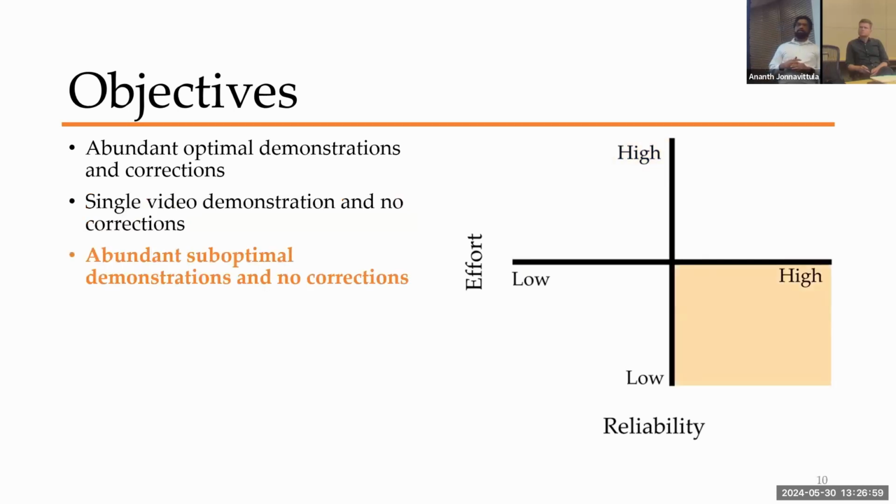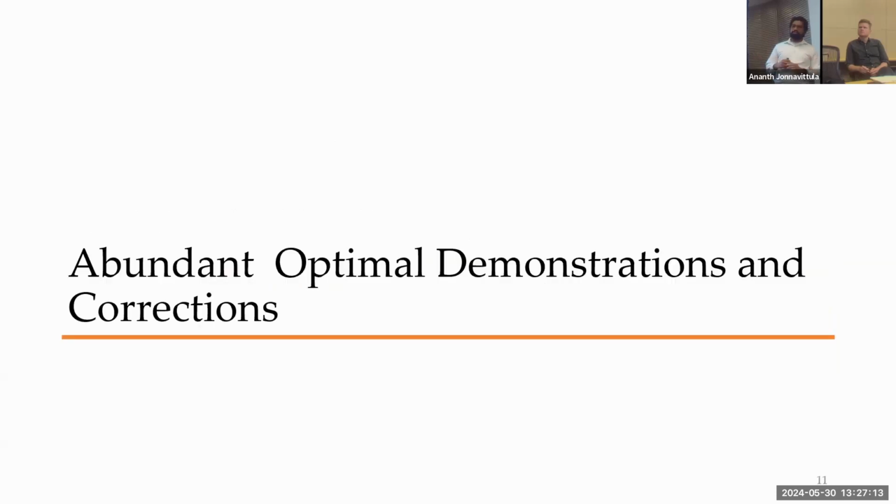And then finally, we take a look at a special case where the demonstrator is able to provide as many demonstrations as needed, but they're all really bad, or suboptimal. So we want to see if the robot can still learn from these suboptimal demonstrations. Okay, without wasting much time, let's get into the first, which is learning from a bundle of optimal demonstrations and